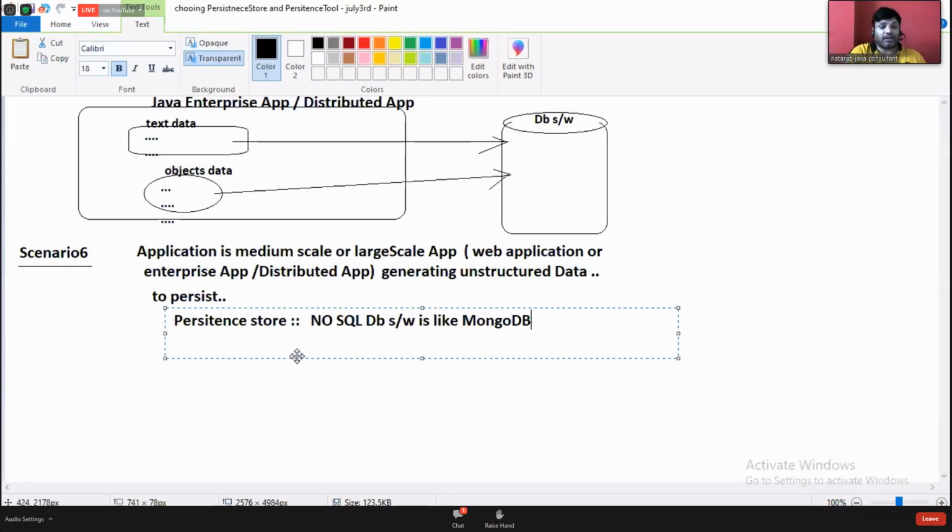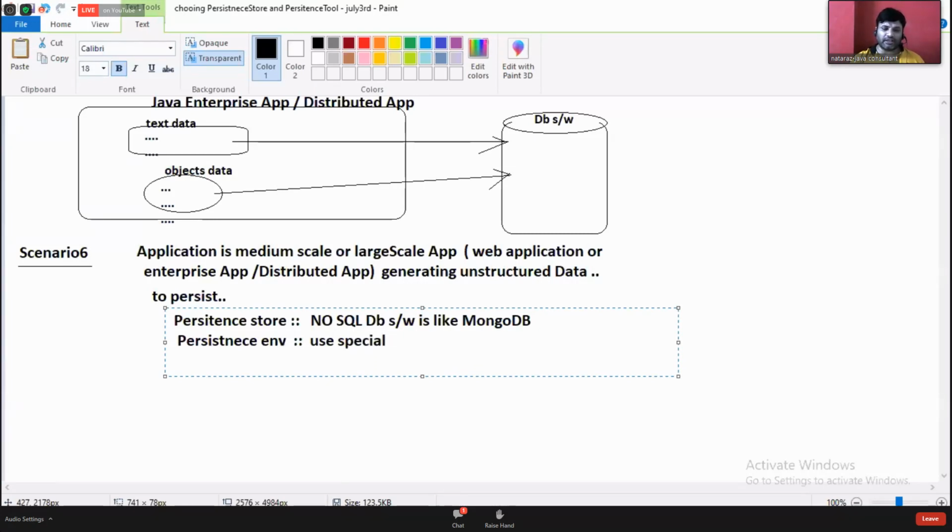Right. NoSQL database software is like MongoDB. Next, persistence environment.